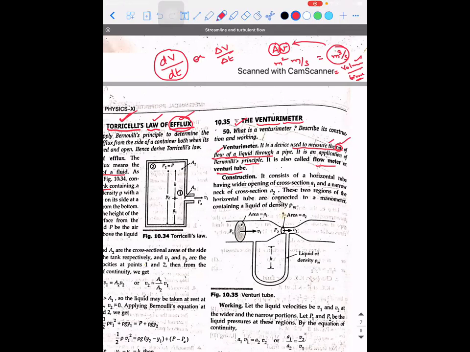The point that I'm trying to stress is, if in a question they ask you to find the rate of flow of a liquid, and they have given you area and velocity, how will you find the rate of flow? Just multiply the area of cross section with velocity. Am I clear, guys? Is there any doubt? Is there any point you want me to repeat?